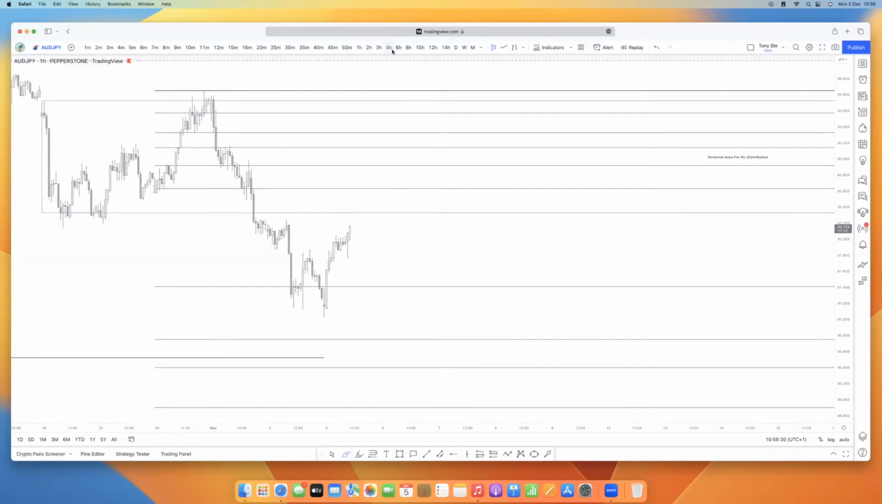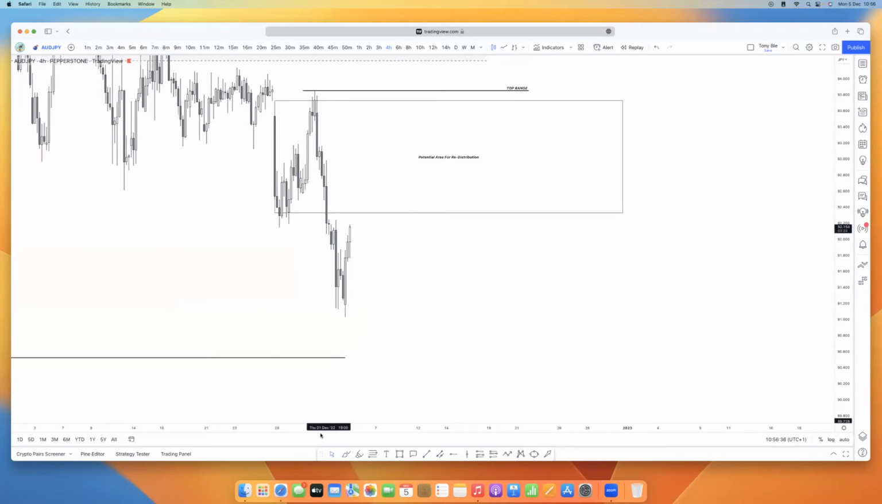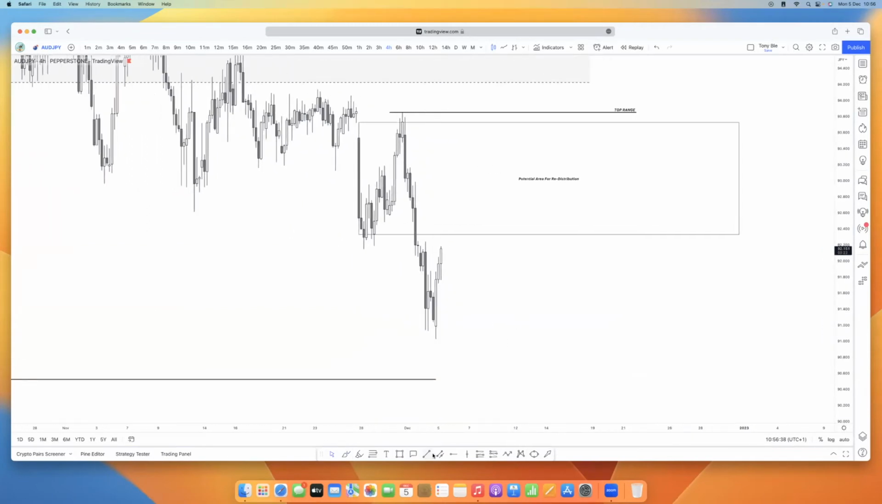So the 4 hour imbalance, let me highlight it. Chart is getting messy. Let me take this off. Okay, so we have this 4 hour imbalance here. And then on the 1 hour,